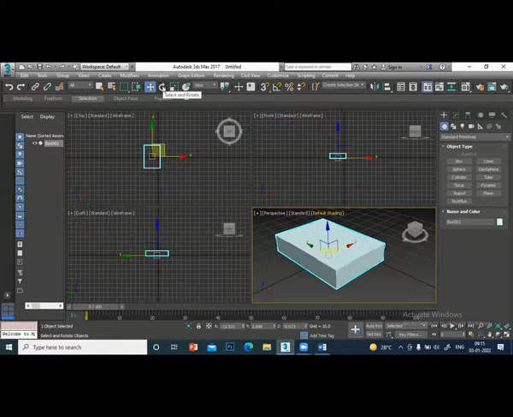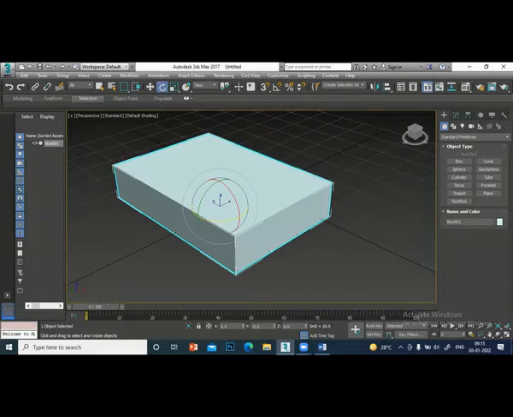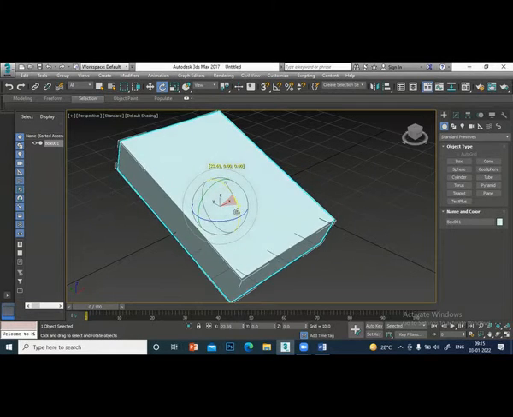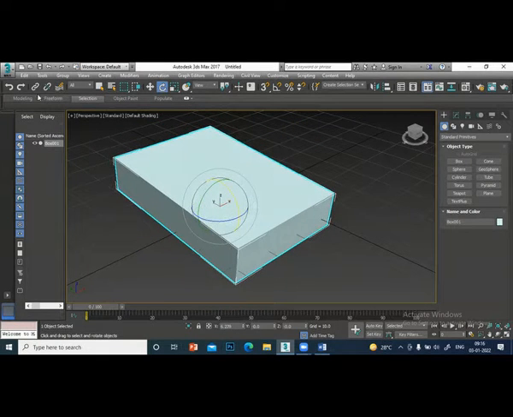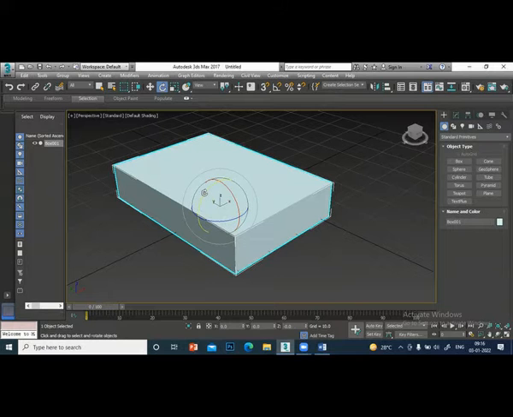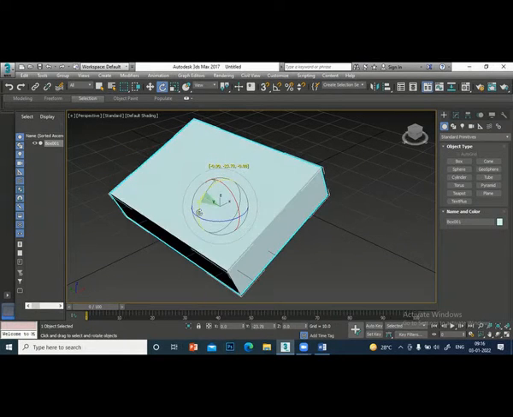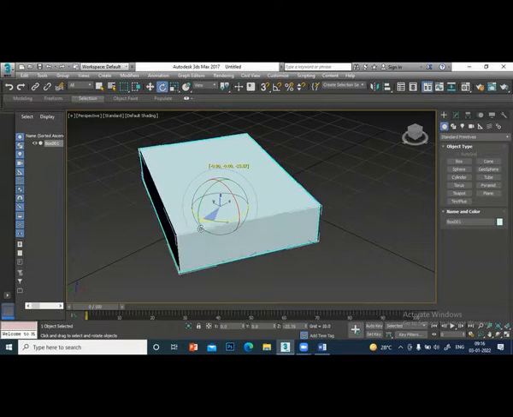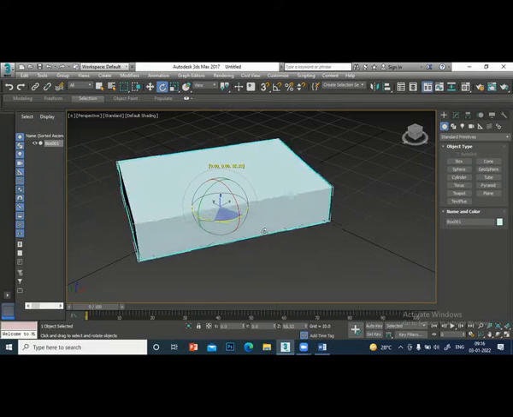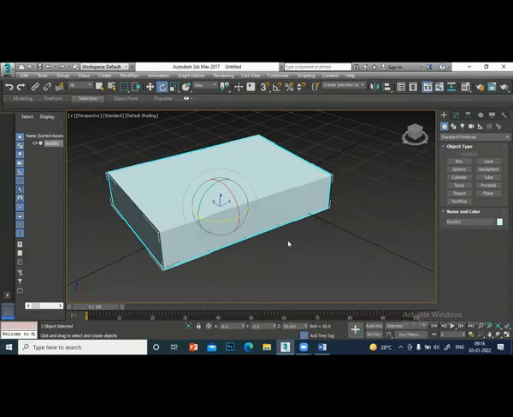When you think about the rotation command, when you click the rotation command, you can see different circles here. Red: when you rotate based on the red, it rotates around the x-axis. You can see the red, that means we are rotating based on the x-axis. This is based on the y-axis. And this is the z-axis. This is how you do the rotation.